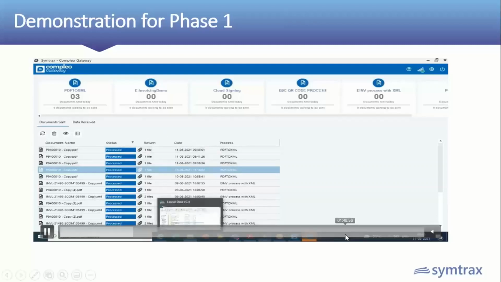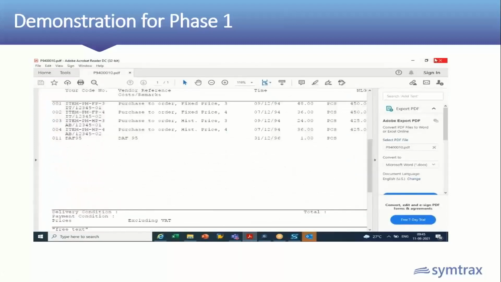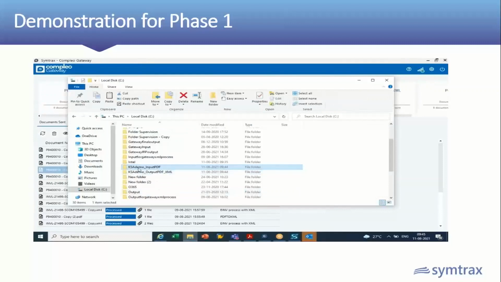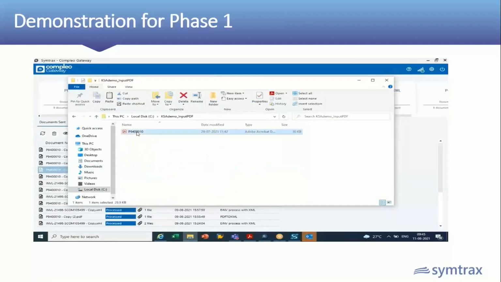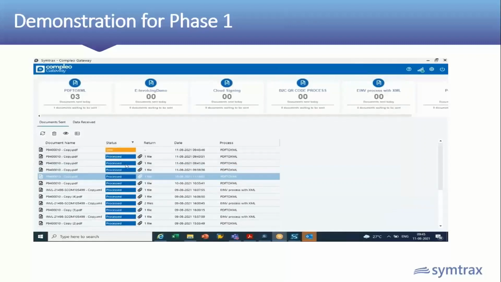Now you can see on the screen. Now this is a PDF input that will be captured from your ERP. Now this is the input that I have configured in the same machine where this Complio gateway is installed. Now I will simply copy this input and I will paste it here. As I mentioned, this process can be automated using your ERP integration. Now you can see on the screen, the document is in sending, then sent, then it will be in the processing, and then it will get processed. And final output, you will receive it here itself.